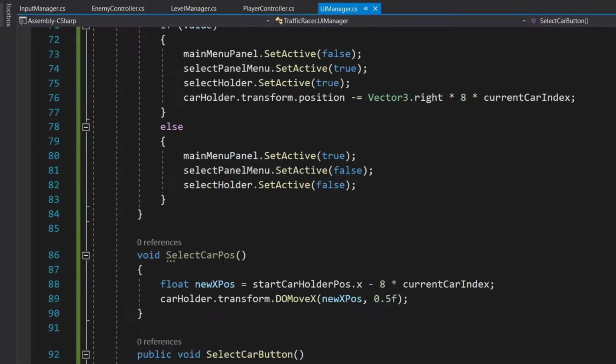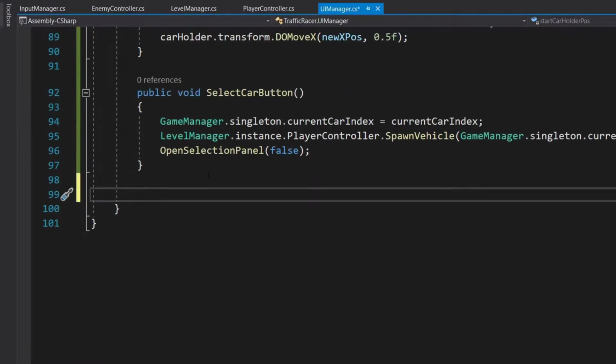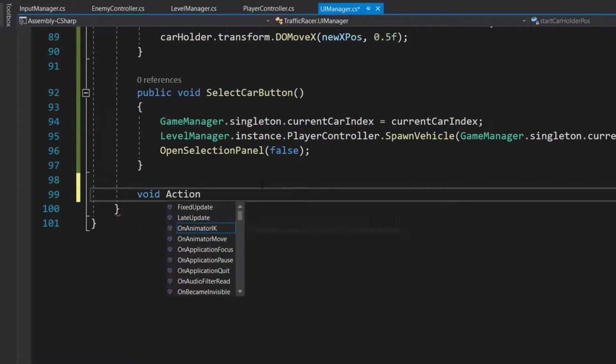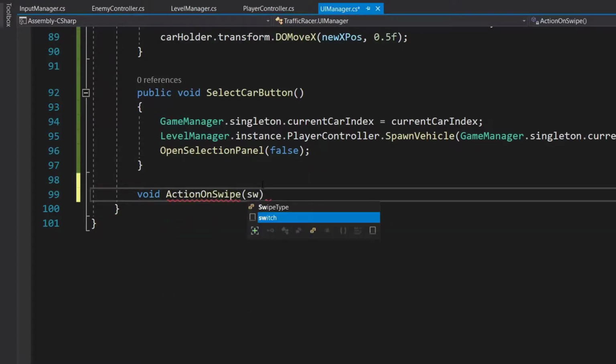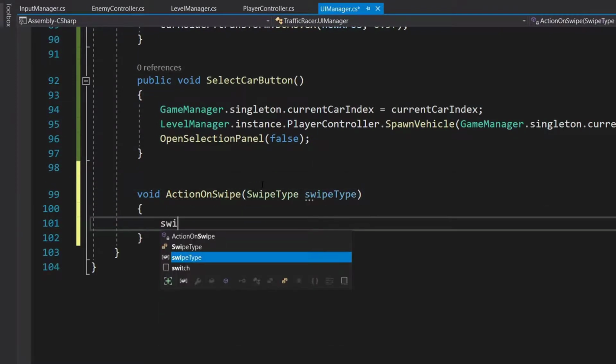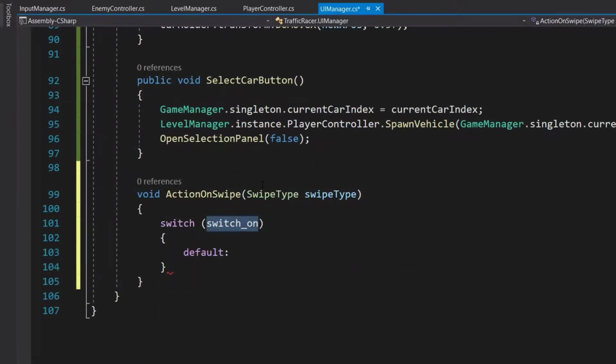Now we also need to move or change our selected car when we swipe. For that we will create a method void ActionOnSwipe, and we will take a swipe type parameter. We will create a switch case of swipe type.